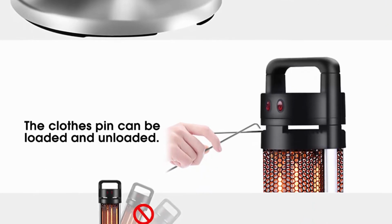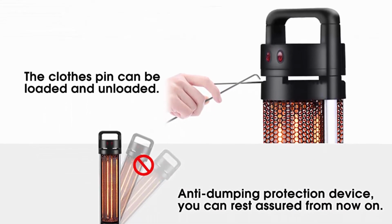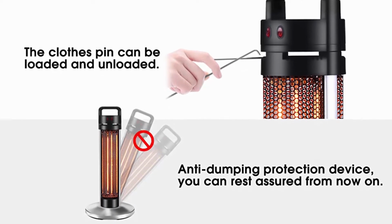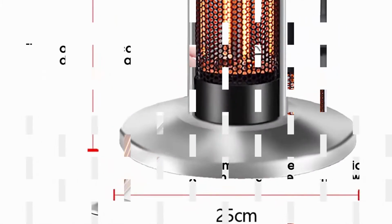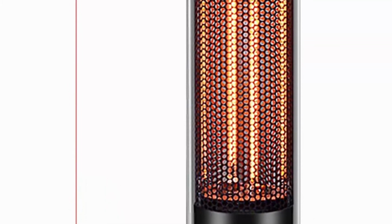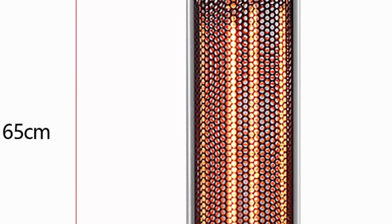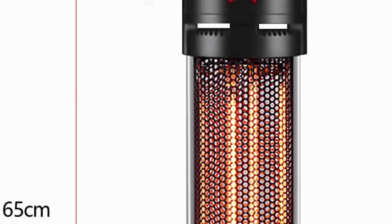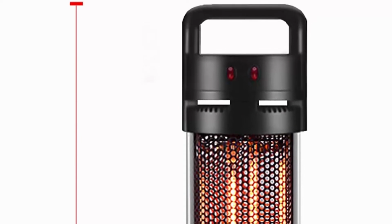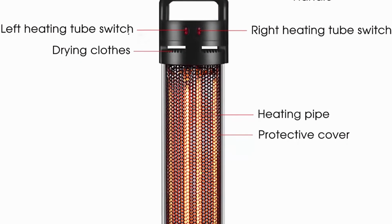High quality, using fast heating carbon fiber heating tube, the heat conversion rate is as high as 95%, the life is longer, and it is more energy saving. Far infrared heating, the whole body will not get damp or cold. 2-level power adjustment, 700W, 1400W, convenient button switch design, simple and convenient operation, to meet the needs